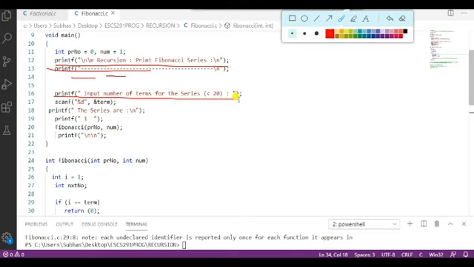What is the term? For example, I want the 9th term, so it will be calculated this way. If I give the 5th term, then 5 will be assigned to this variable, and then it will print 1, the second value.